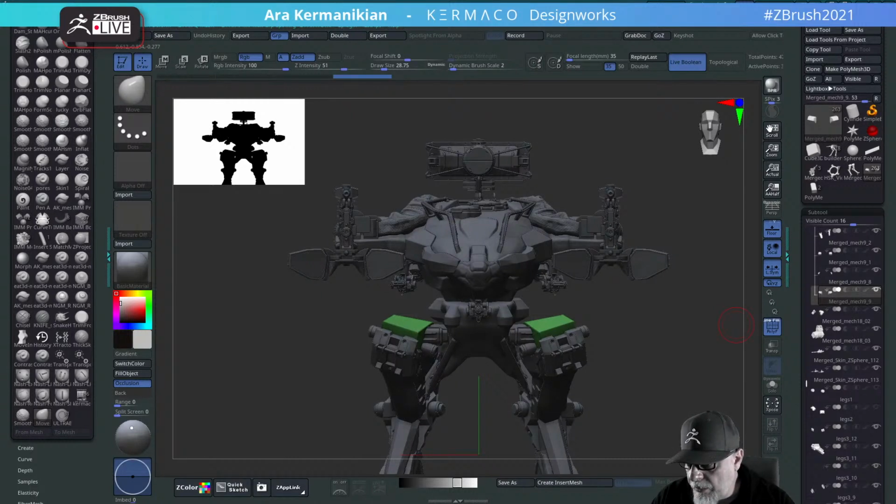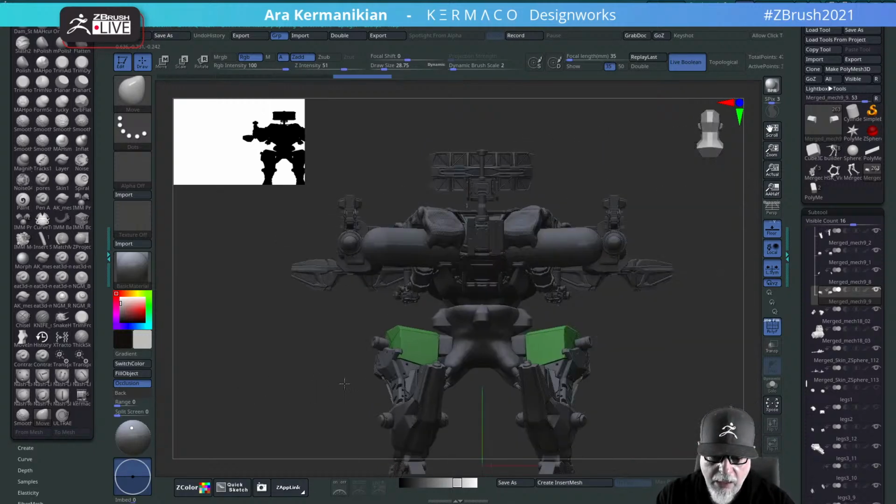Okay. All right. It says, how fast, am I satisfied with the speed of my workflow? Yeah, I think it's pretty